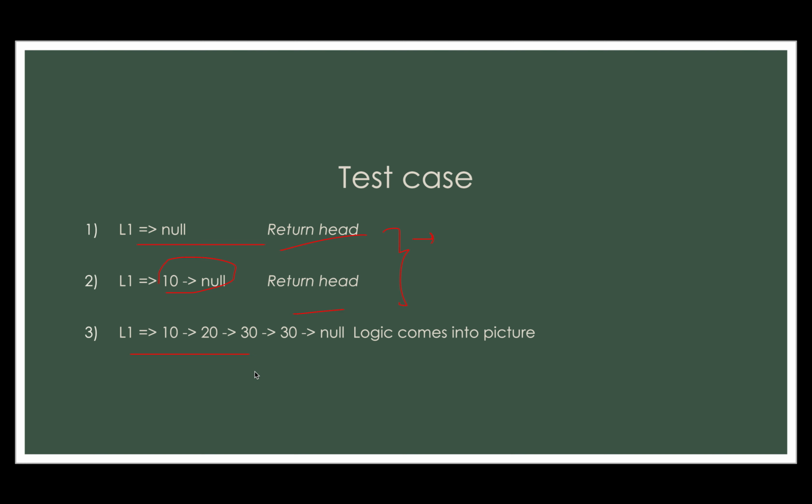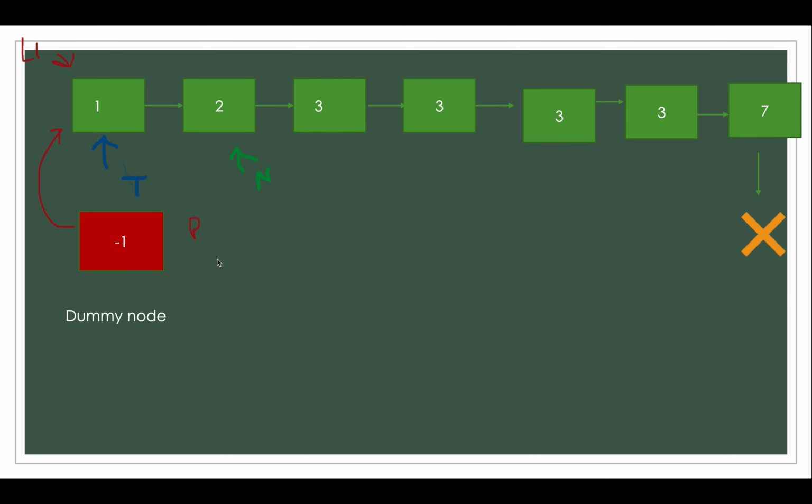And for the third case, let's talk about the actual algorithm. So I've taken a linked list here, which is slightly different from what was specified in the question. It caters to multiple cases that we'll have to think of. One is whenever there is duplication, this part, and the other one is when there is no duplication, this part: 1, 2, or 7 in this case. And let's see how the algorithm helps us to arrive at the solution.